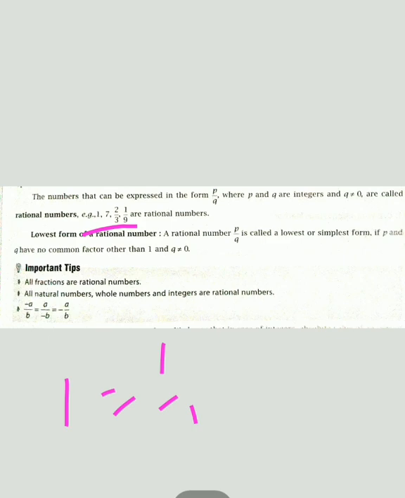That is an important tip. All fractions are rational numbers. As I told you, all fractions are rational numbers, and all natural numbers, whole numbers and integers are rational numbers. You know 1 and 7 are integers. 0 is also a rational number. And if the minus is in the upside or the minus is in the downside, no problem. Lastly, it will be in the middle of the fraction, minus a upon b. Okay,